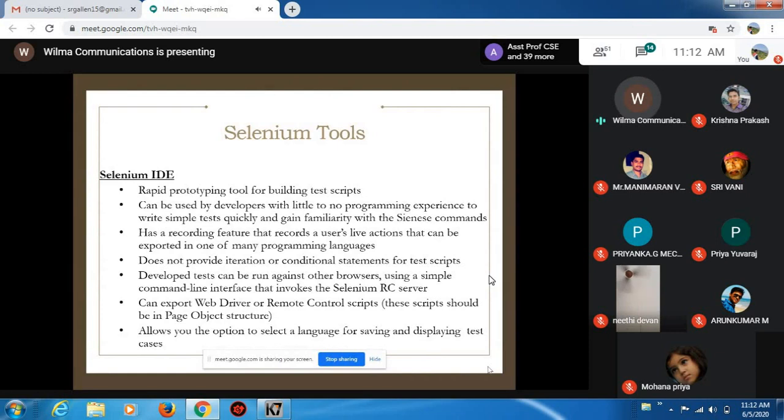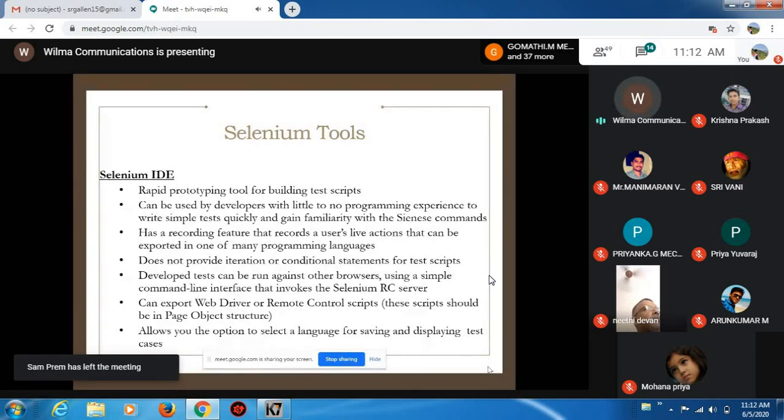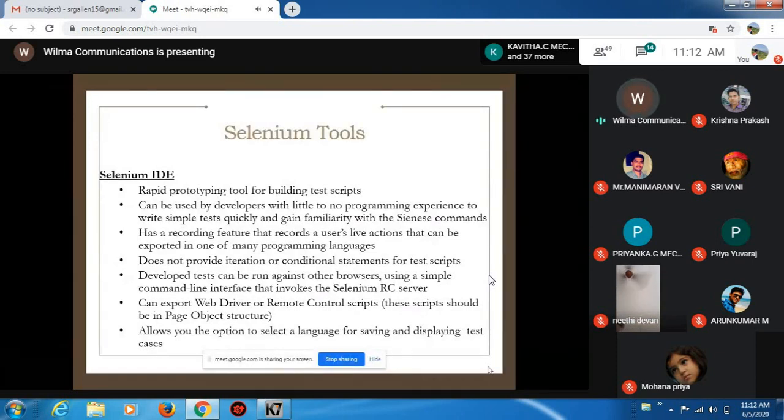So basically, Selenium IDE is an add-in for the browsers. It's an extension for the browsers. Initially, Selenium IDE supported only Mozilla Firefox, but nowadays we have an extension for Chrome also. So what exactly is it? It is a small extension which is basically used to record and run the business process.